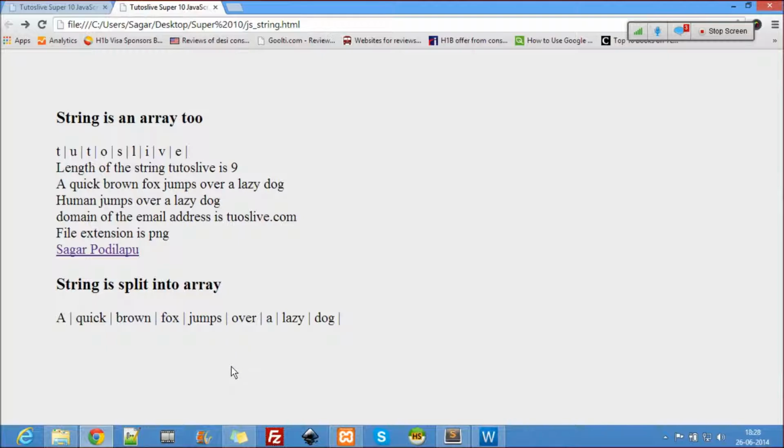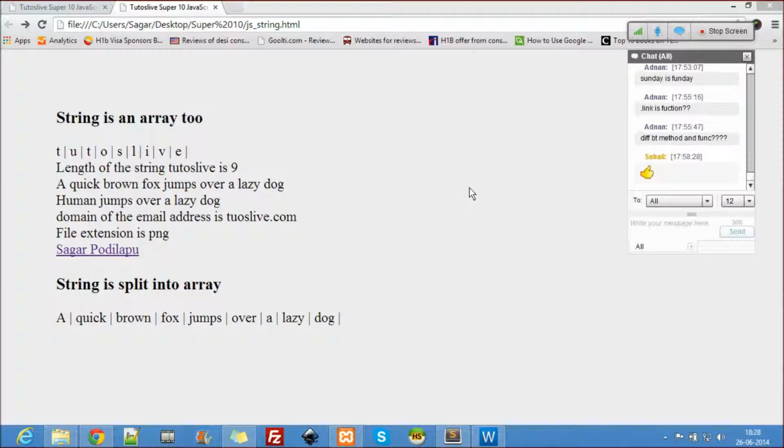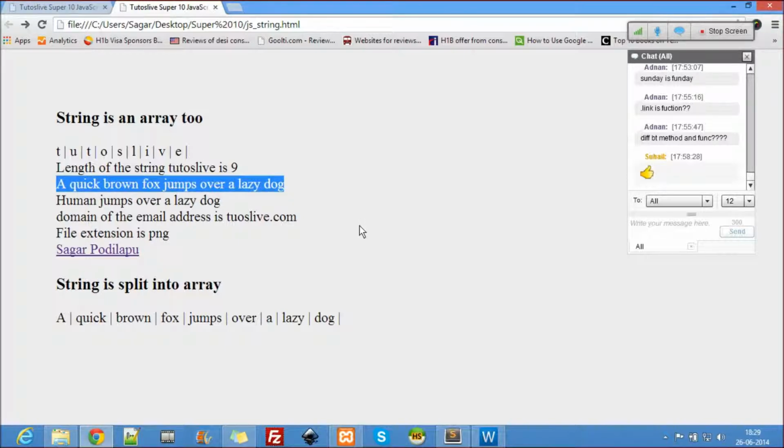Now tell me, how do you find how many words there are in a sentence? Or how about method and function? I told you this yesterday, method and function. Maybe you have to go through the video on method and function. Okay, I'll explain that again. No problem. So here, how do you find out how many words there are in a sentence?